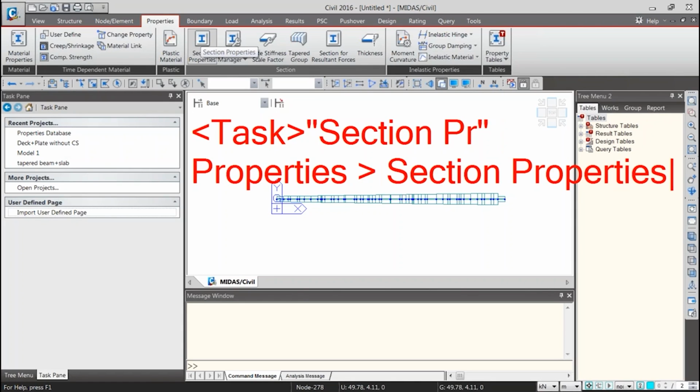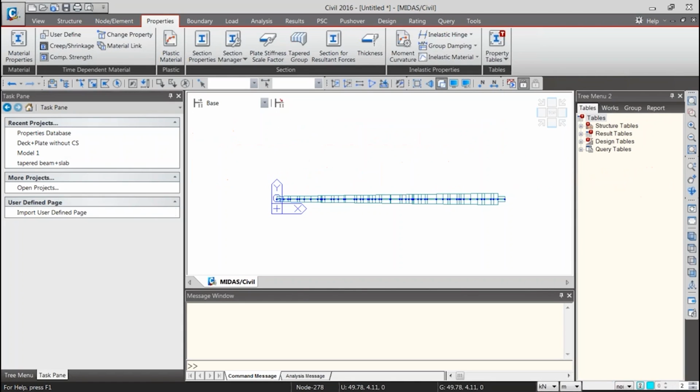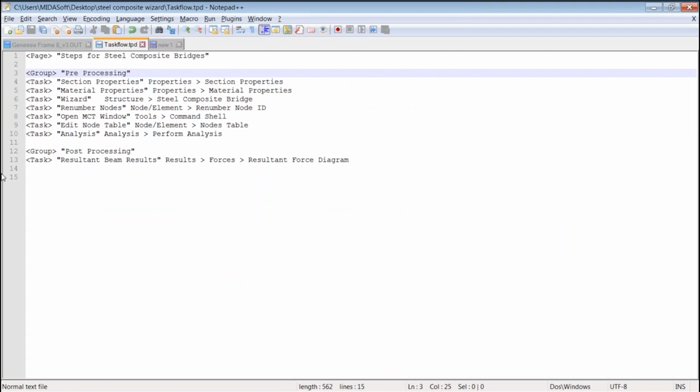So this is the way you just enter a task. You can see I have created many tasks. I have created a task for section properties, a task for material properties, and tasks for wizard, renumber nodes, open MCT file.